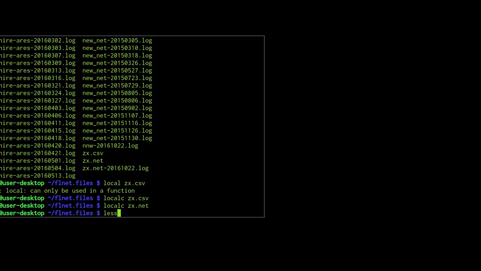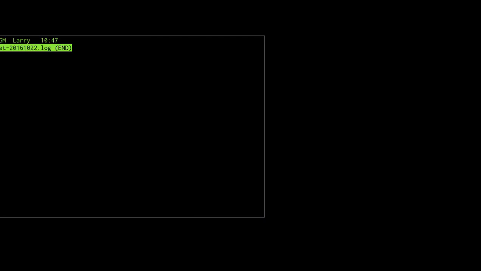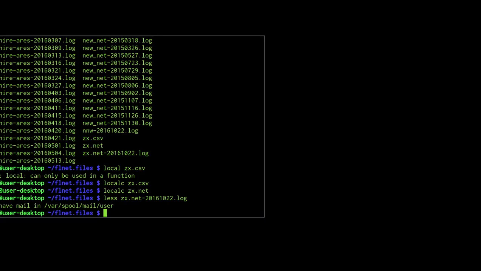So I'm just going to view that in the text editor, a console-based text editor. The zx.net dash file. As you can see, all it keeps in there is the call sign, the name, and the time they checked in. Actually, if I had set those flags at the end, A, B, C, or whatever I had set those to, it would list that as well. That's it. That's as simple as flnet is,